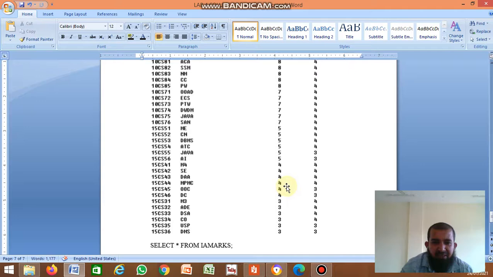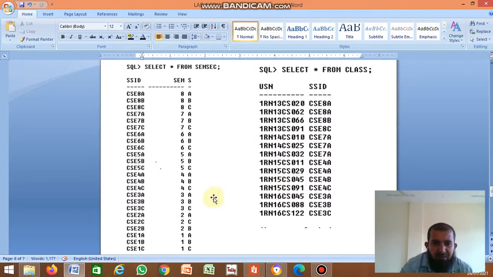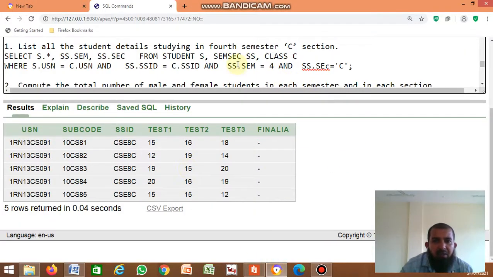Then in which section? A section, B section and C section: one student from A, one from B, and one from C. So from C section only one student is there.